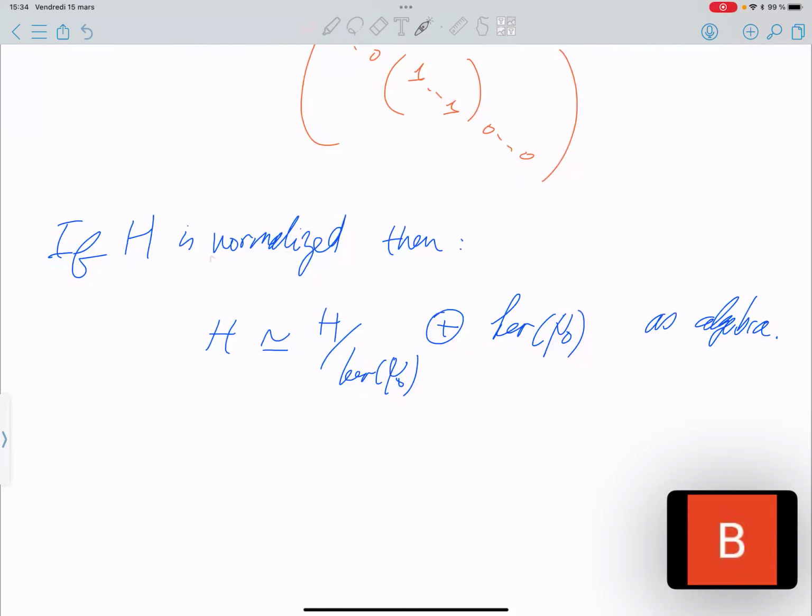Because it is normalized, the map mu0 is an algebra map. Okay, then